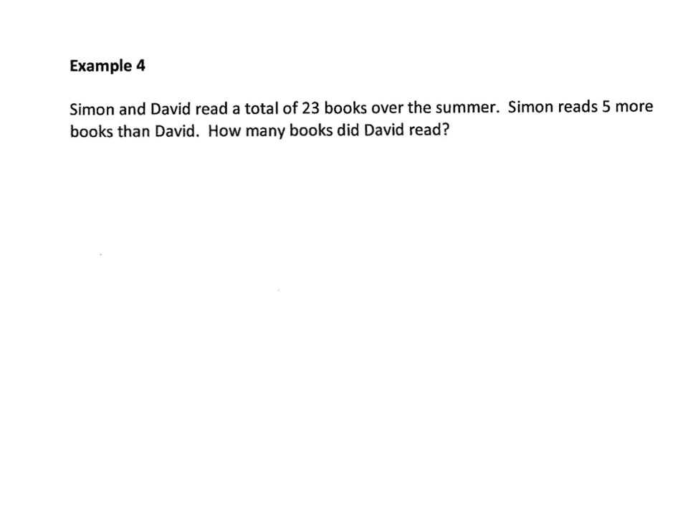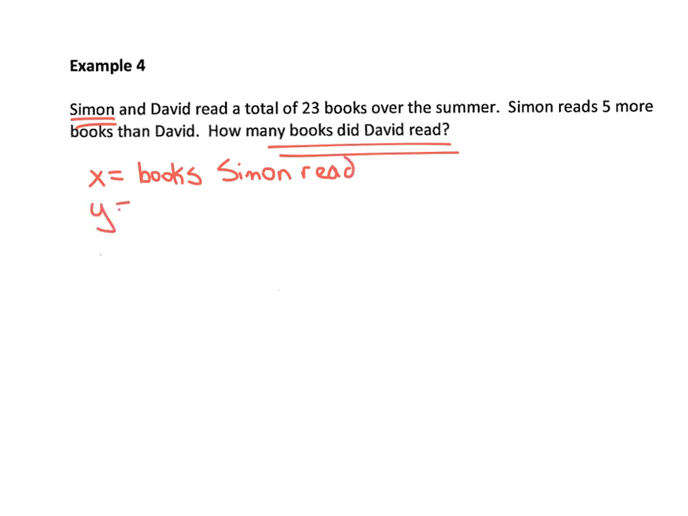We're solving essentially for how many books David read, but to figure that out, we also have to know how many books Simon read. So let's start by defining our variables. I'm going to say x equals books Simon read. And I bet you can guess what y will be. y will be the books